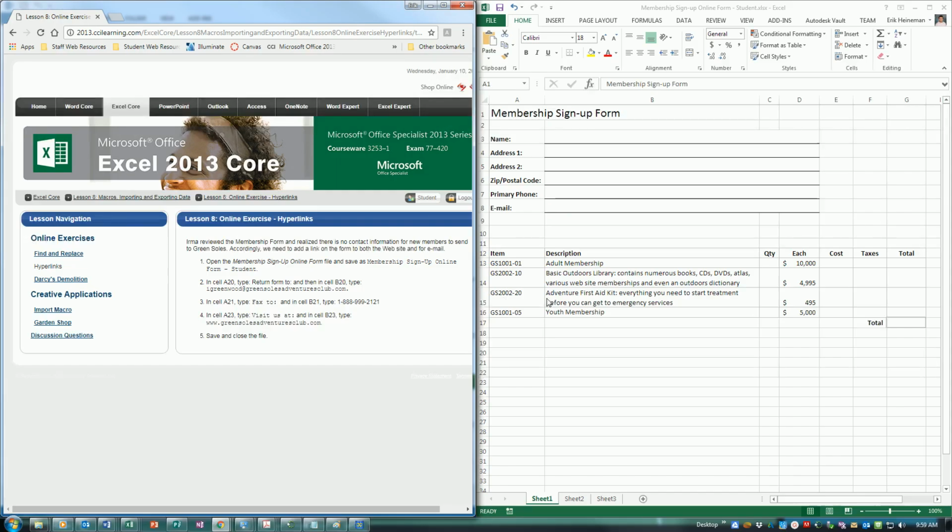On this next exercise, we're going to add some hyperlinks. Remember, hyperlinks are just links to websites, and also they can be email addresses that will take you somewhere else. So what we're going to do is I have the membership sign up online form open here. I'm going to go down here to A20, and we're going to say return